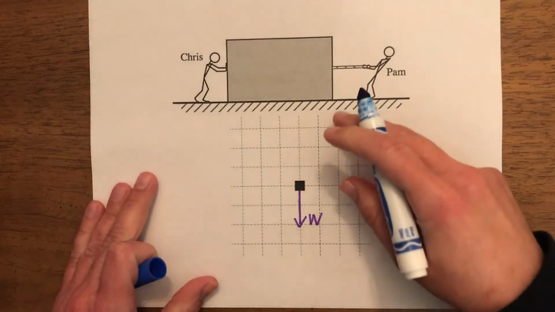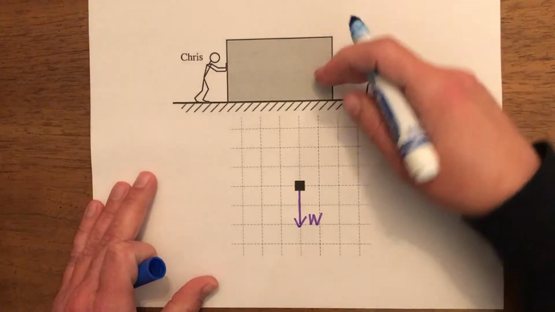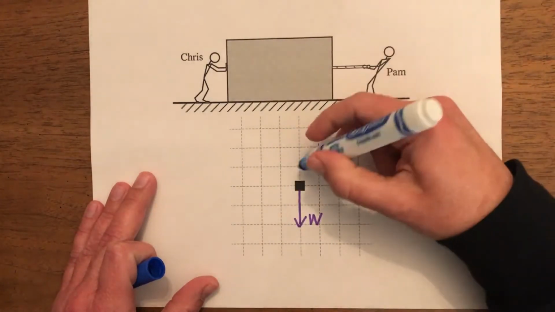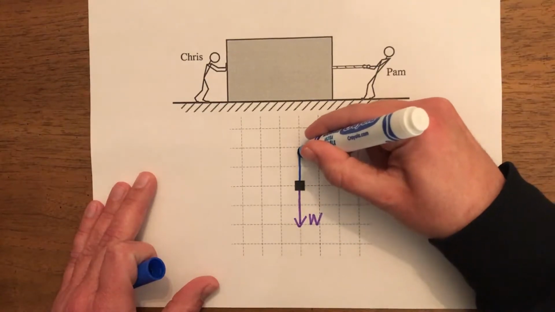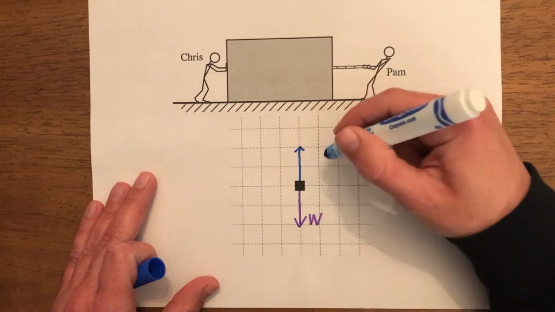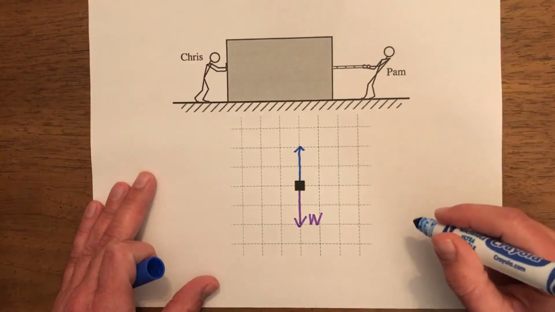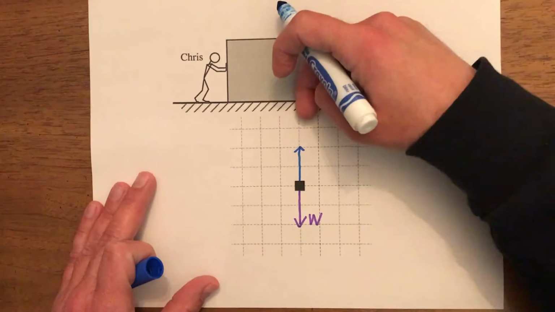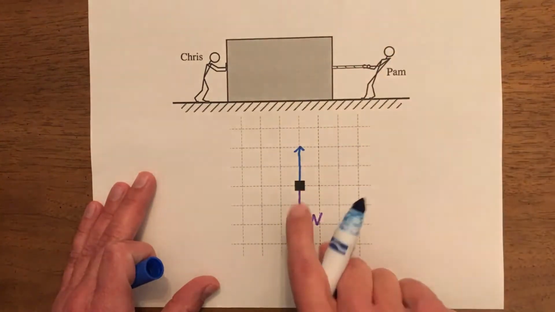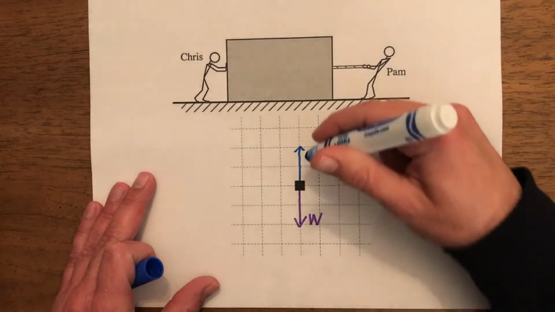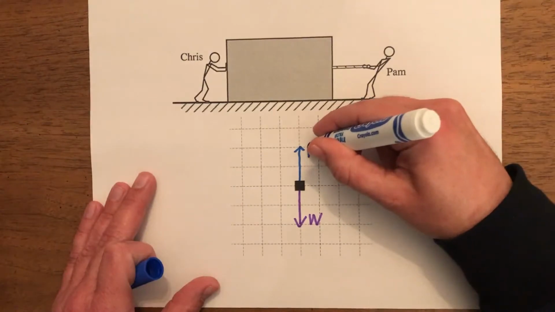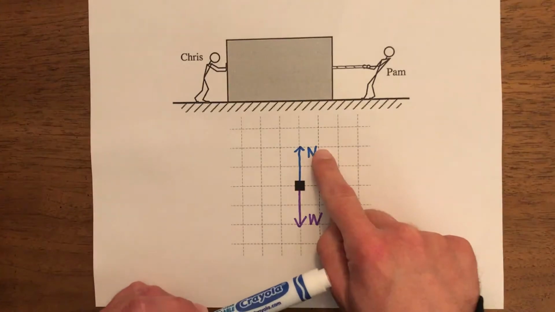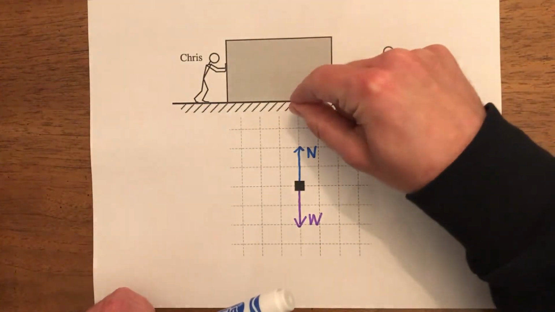We've got another force that we talked about in class when we did field of forces. If you push down onto the table with your hand, you remember, you'll feel the table pushing back up on you. So the block pushes down on the ground and the ground pushes back up on the block. Another way to think about this is there's a tug of war going on. Gravity pulls down and yet it doesn't move down, so there must be something else pushing back up. This upward force, you could write F sub N. I'm just going to write an N,